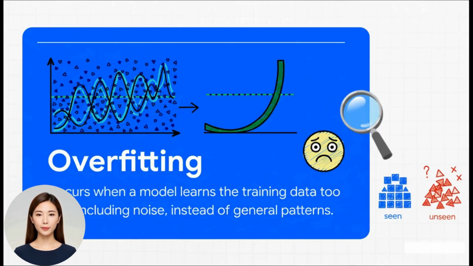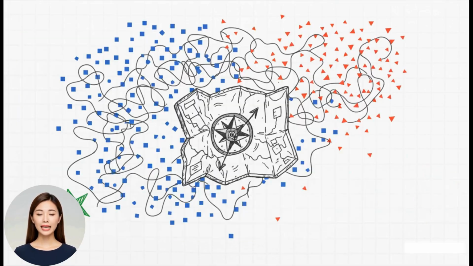So let's put a clear definition on this. Overfitting is what happens when a model gets a little too obsessed with the training data. Instead of learning the general underlying patterns, the stuff we actually care about, it memorizes every little detail, every quirk, and even the random noise that's only present in that specific dataset. And this is why it's such a big deal. The model completely fails to generalize. Generalization is the whole point of machine learning, right? We want to build something that can make smart predictions on data it's never encountered. Overfitting is a total failure to do just that.